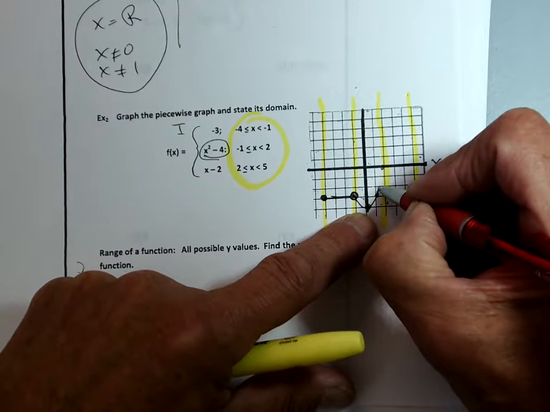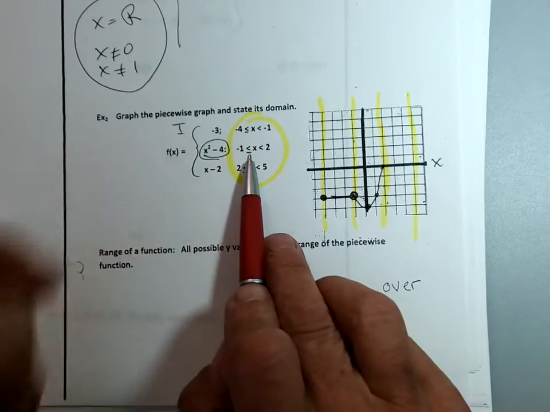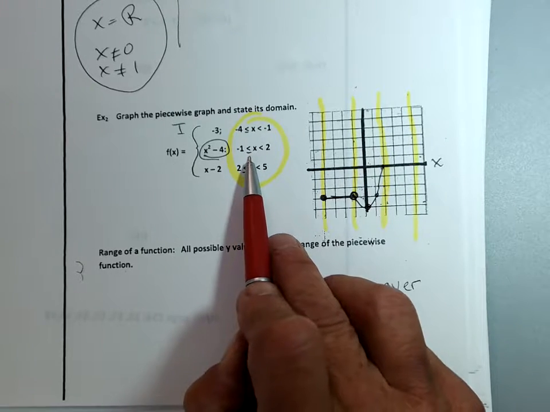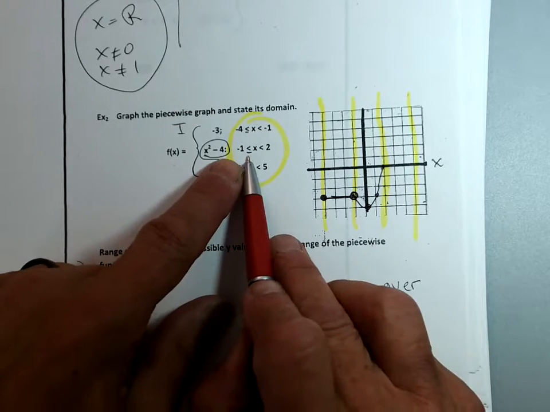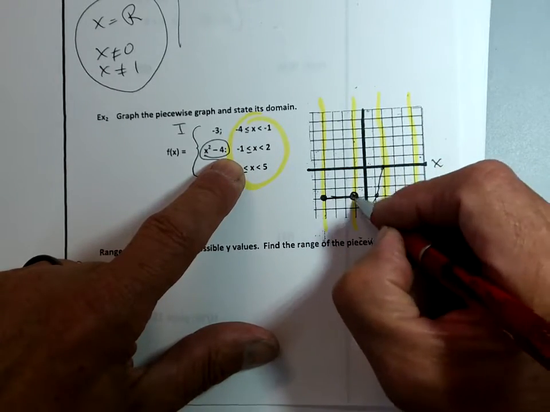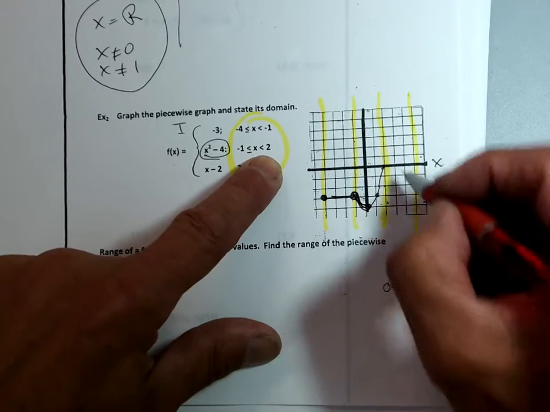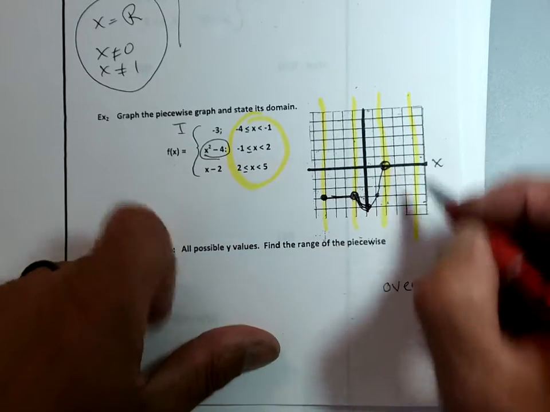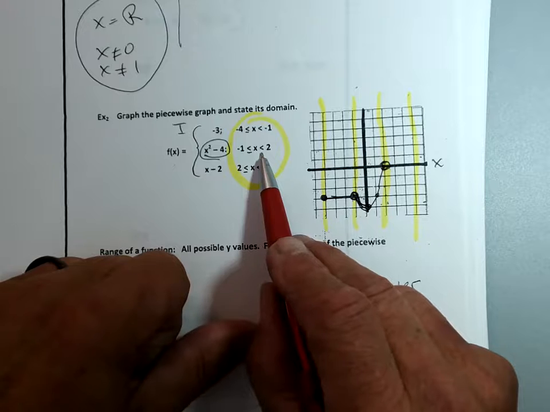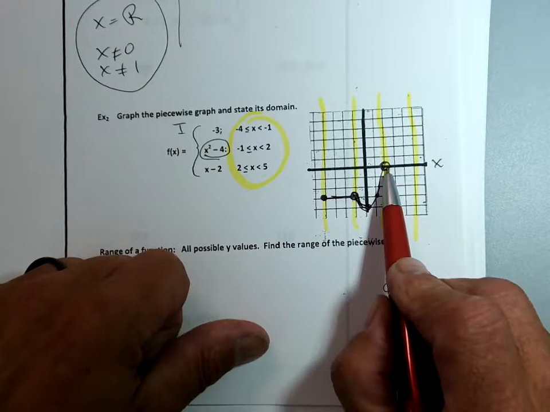Why did you fill it in? I filled in this circle, didn't I? Why? Because there's a line. So I'm going to let this graph equal -1. At -1, this graph gets to equal it, right? Now, open circle here, because it does not equal 2, so it doesn't get to equal 2, right?